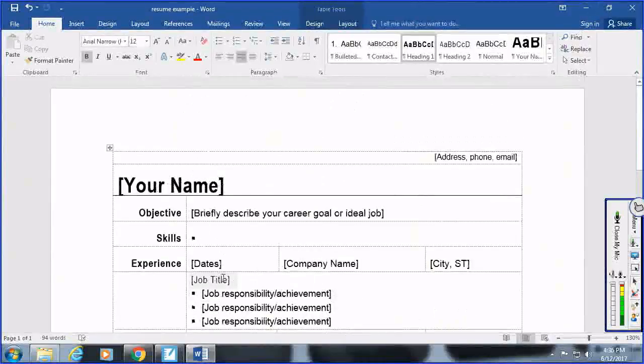Okay, so now I'm going to go ahead and start filling this in. And it's really easy to fill in. Whatever you want to fill in, you just click on it and you start typing it. So I'm going to put in address, phone, and email here. All right, so see how my cursor's over top here, and I just left click, and I'm going to start typing. So we have 5678 Orange Road,